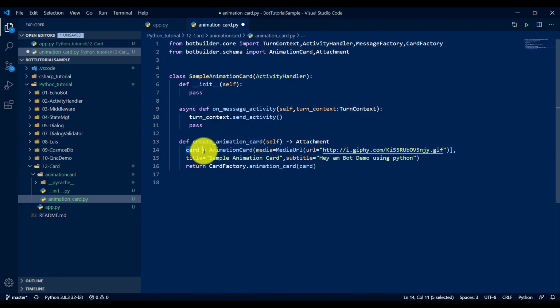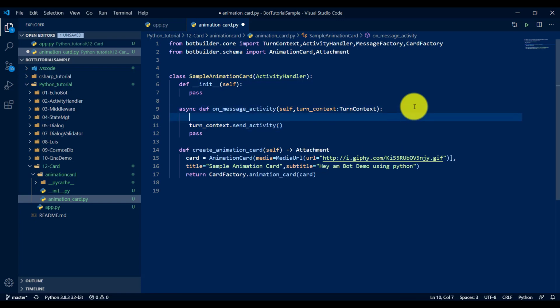So we prepared the card and converted it to an attachment. Here I am calling the function.